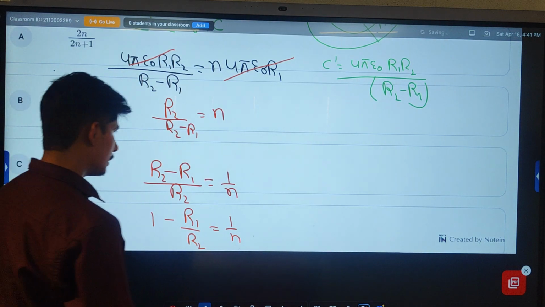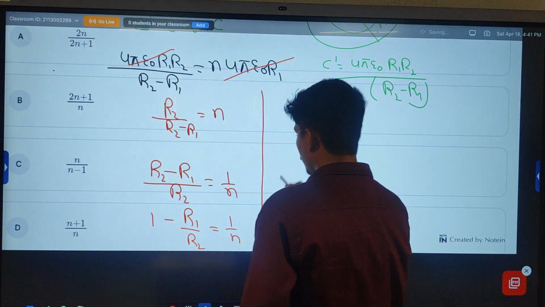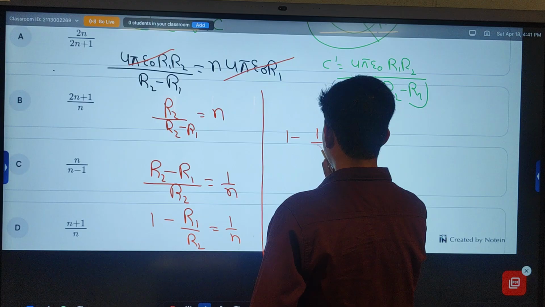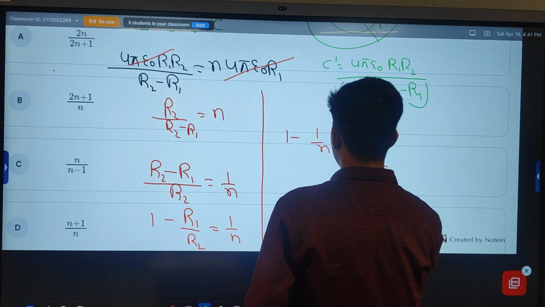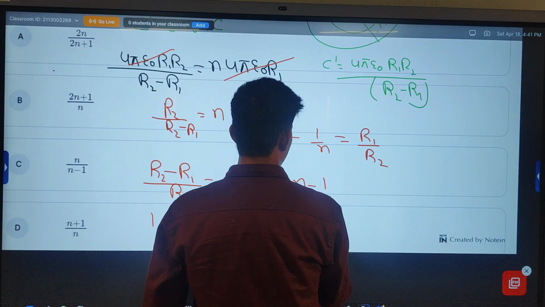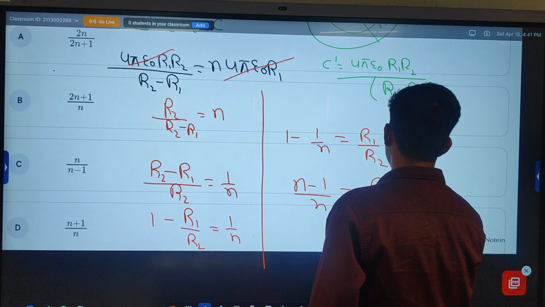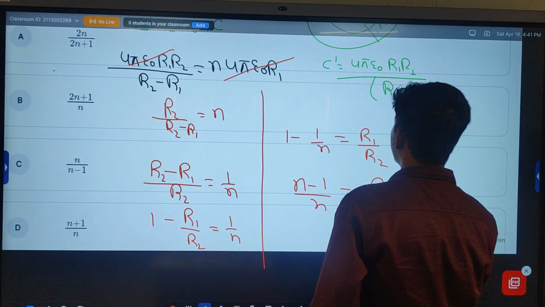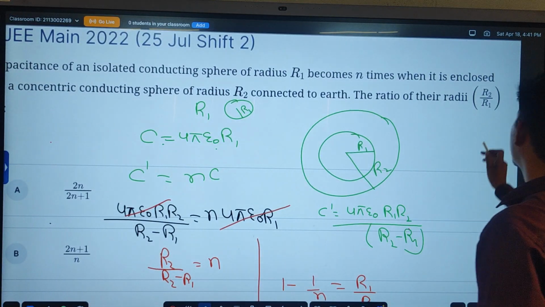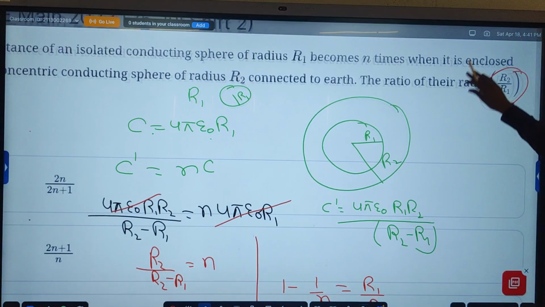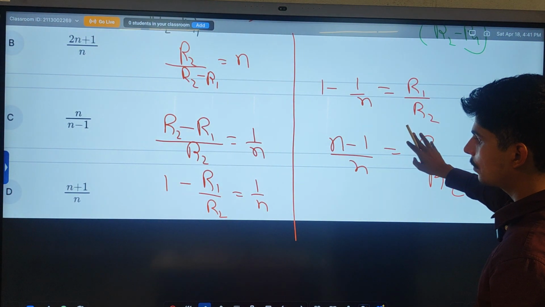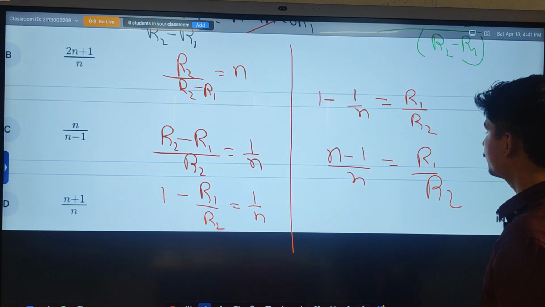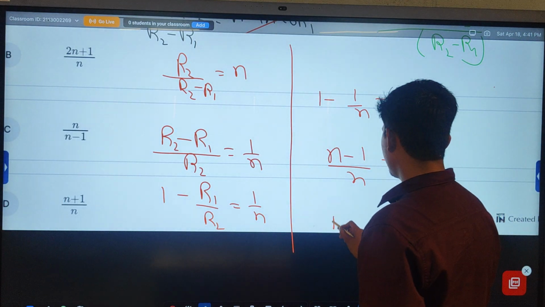So I can further write r1 by r2 as 1 minus 1 by n, so n minus 1 by n, which is r1 by r2. In the question they had asked r2 by r1, so again I have to take the inverse. Okay, right. So r2 by r1